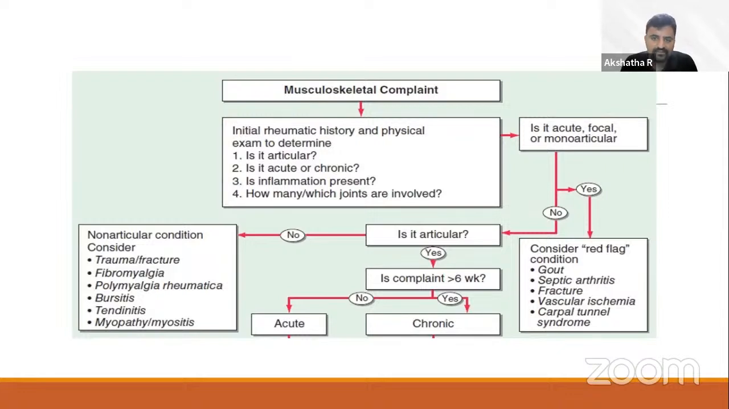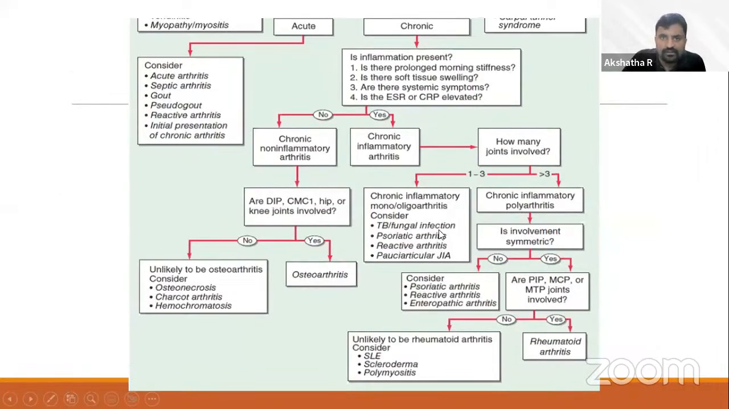And if it is a non-articular condition, then trauma, bursitis, tendinitis, myositis, fibromyalgia should be considered. And if it is inflammatory arthritis, whether it is acute or chronic. If it is acute, then it could be septic arthritis, gout, reactive arthritis, or an initial presentation of chronic arthritis. And in chronic arthritis, it could be chronic non-inflammatory arthritis like Charcot's arthritis, hemochromatosis, osteonecrosis, or osteoarthritis. Osteoarthritis, classically involvement of